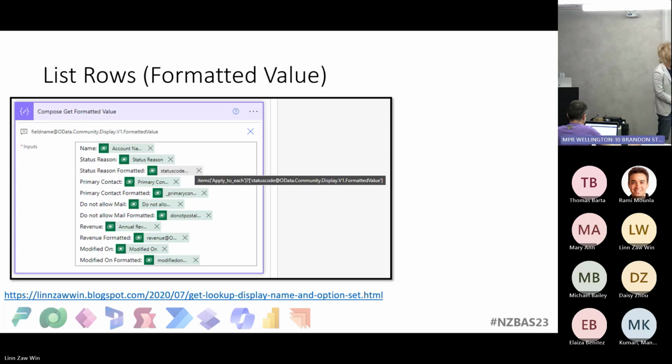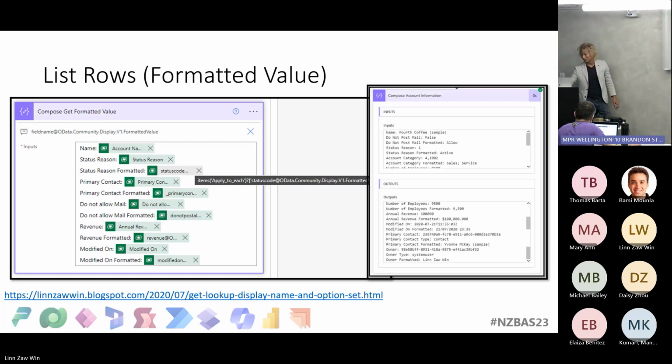But instead of that, you can write an expression, put in the OData community display v1 format value, and write the expression in a way that it will just return all the formatted value. So let's say this is the primary contact and the GUID, and this comes with the full name